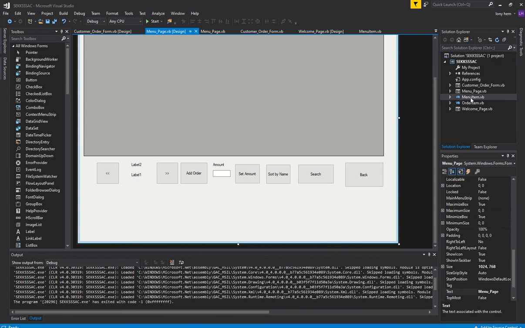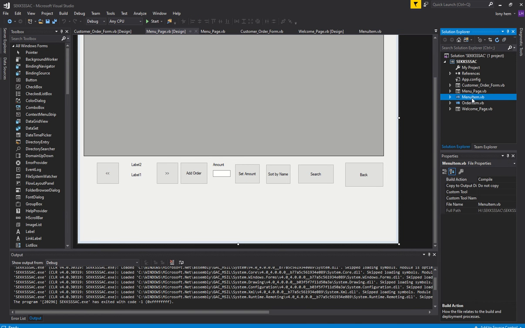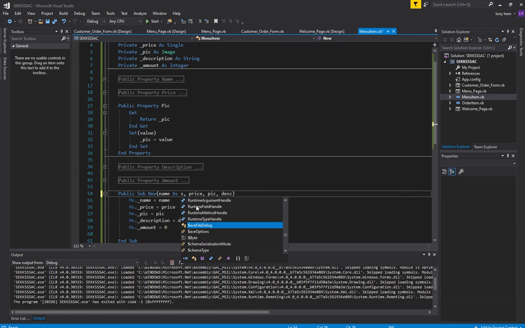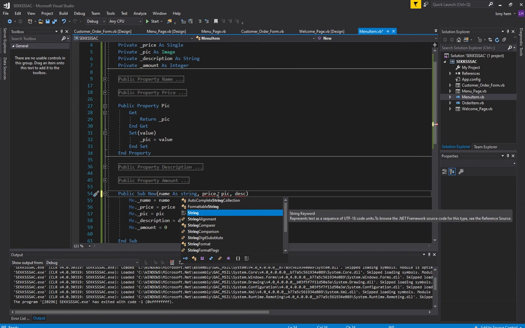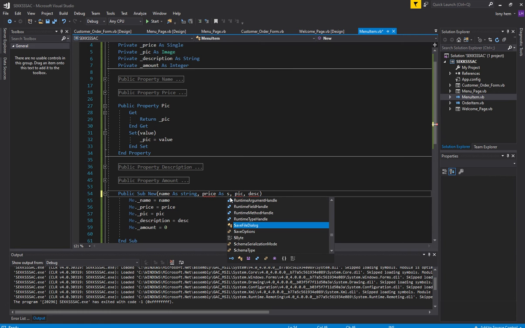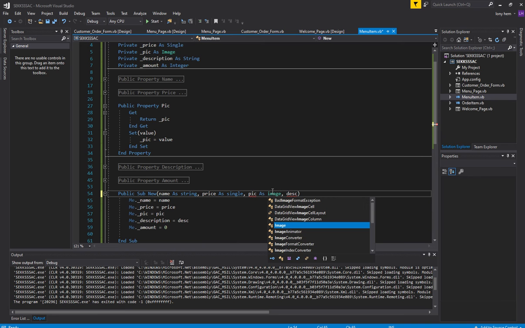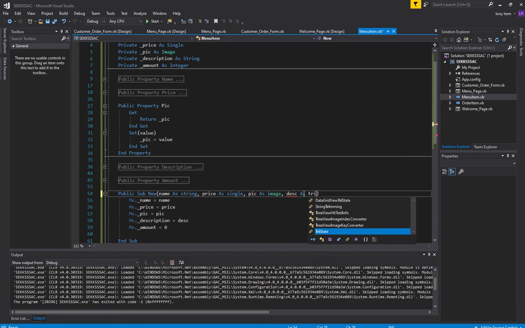So remember how we created the menu items here? Notice that I didn't put any data types here, and that's the reason why it's not working. So I really do need to put in these things as what they're supposed to be. This is a string, this is a single, and this is an image, and this is a string. But more importantly,